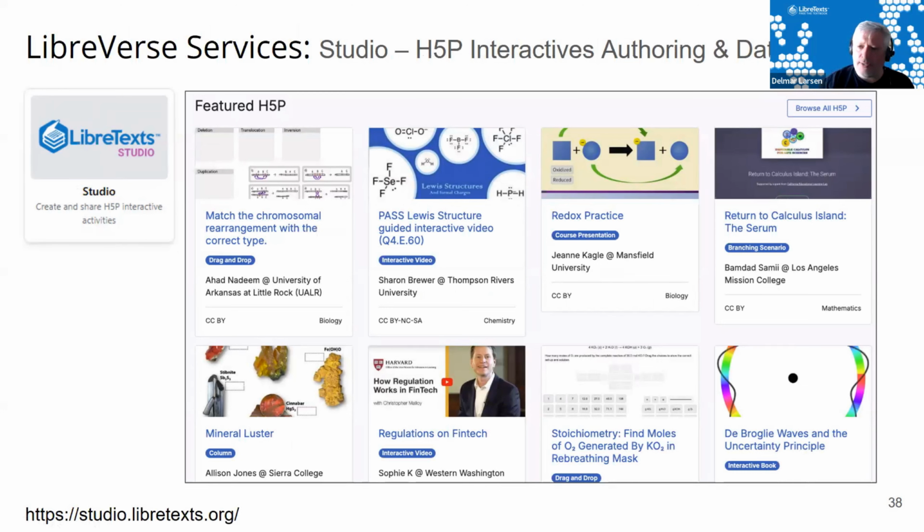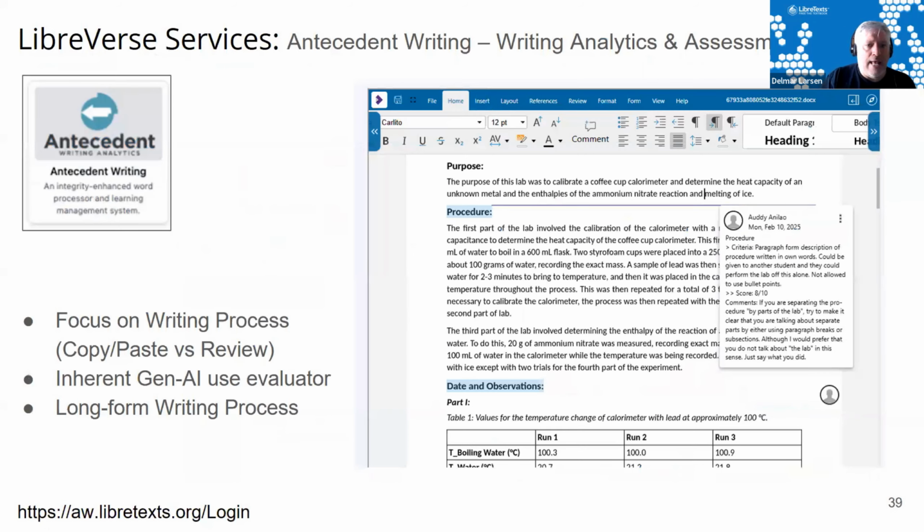Studio is our repository for H5P. That's a specific type of technology that you can use in order to generate interactives that you can build in your book. You can use it summatively through Adapt. You can use it formatively directly in your book so that students can actually interact with it without having to sign in. It makes really beautiful visualizations to interact with, but those visualizations oftentimes have issues with accessibility. And I'm happy to talk about that and how we address that within the Adapt homework system.